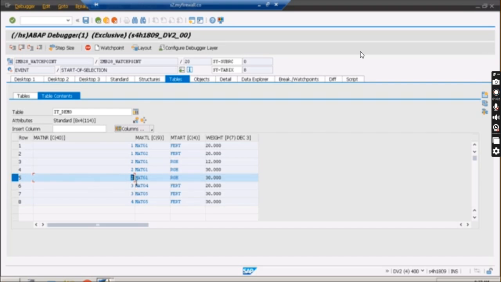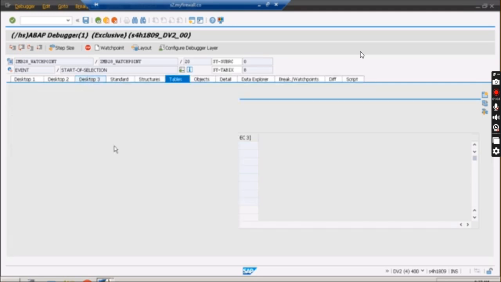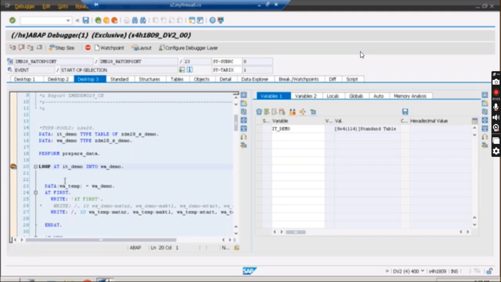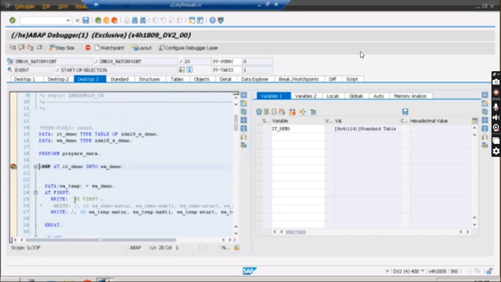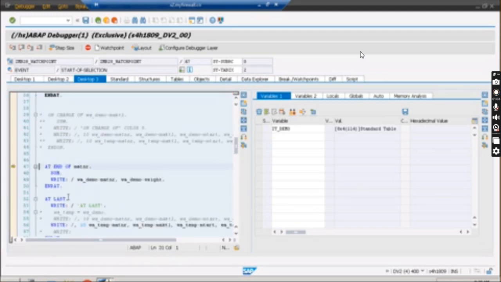So here I'm not getting the output for material number 2 correctly. Let us suppose I'm interested to see how it's working for this 2, and you have so much data. You just assume you have lakhs of data. You would not do it like this, F6 loop, one by one. If you have 1 lakh of data, or suppose 10 lakhs of data, it will take 10 days, 15 days, 30 days to keep on pressing F6 and reach there.